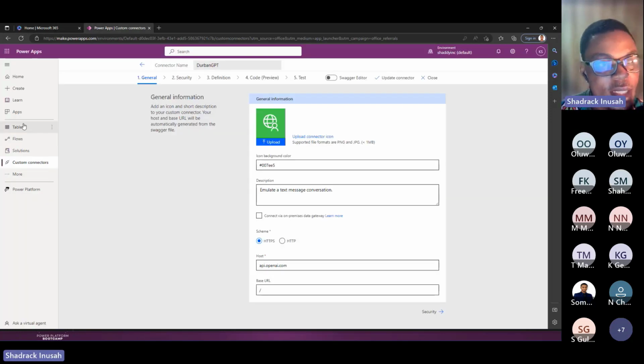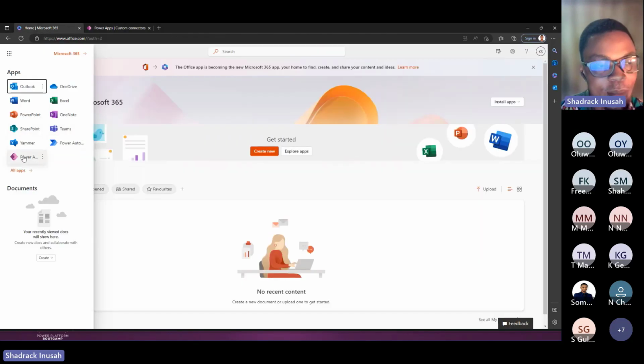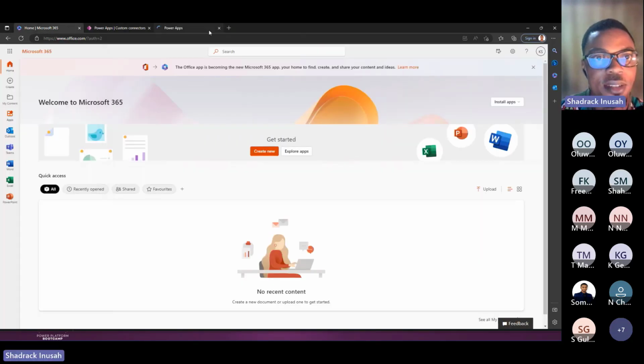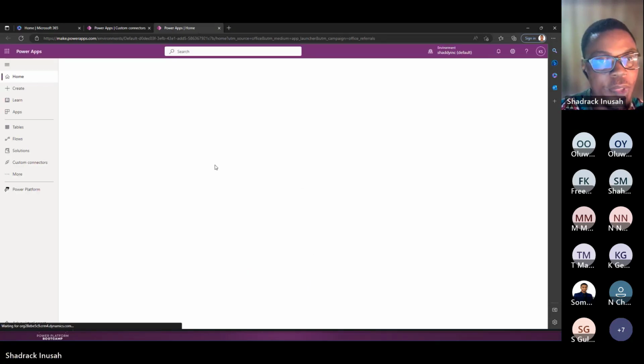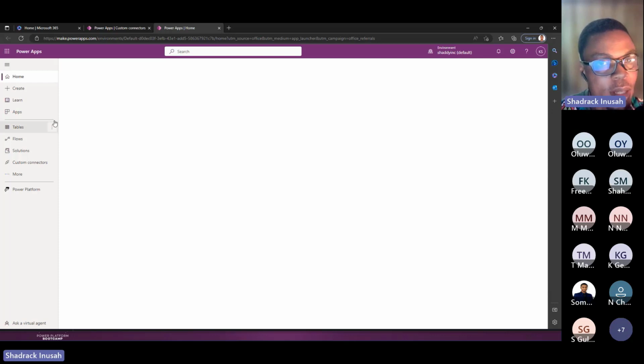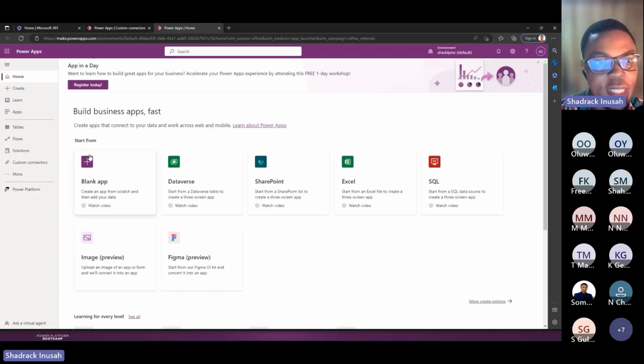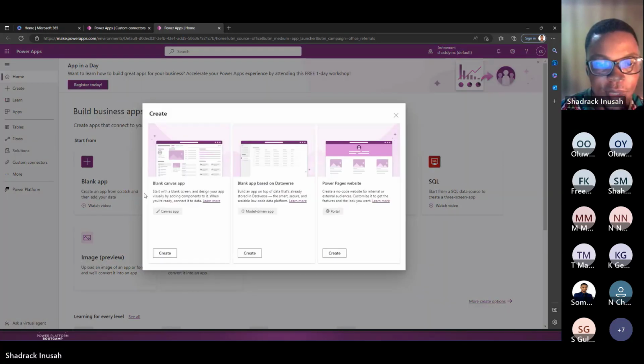Okay, let's just use it here. I didn't want to leave this page, so let me just open a different tab. All right, so the next is go to PowerApp. Yes, we are going to do this within a few minutes, right? So that I can also rush away. All right, so we create a blank app, which I know most of you know. Yep, so we create a blank app.